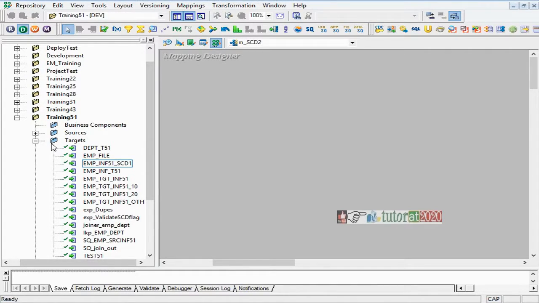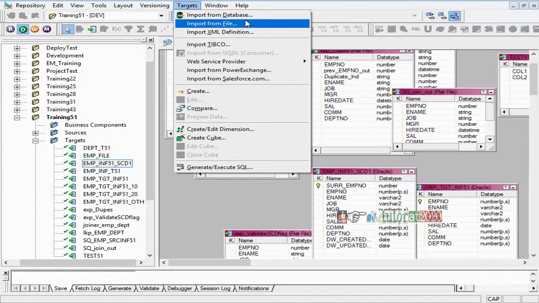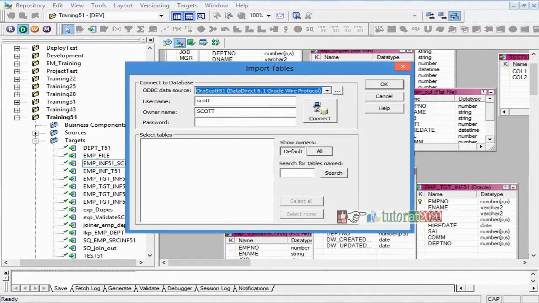So as usual, we need to first import this to target, because the source I will use is the same table, but my target table is going to be changed.